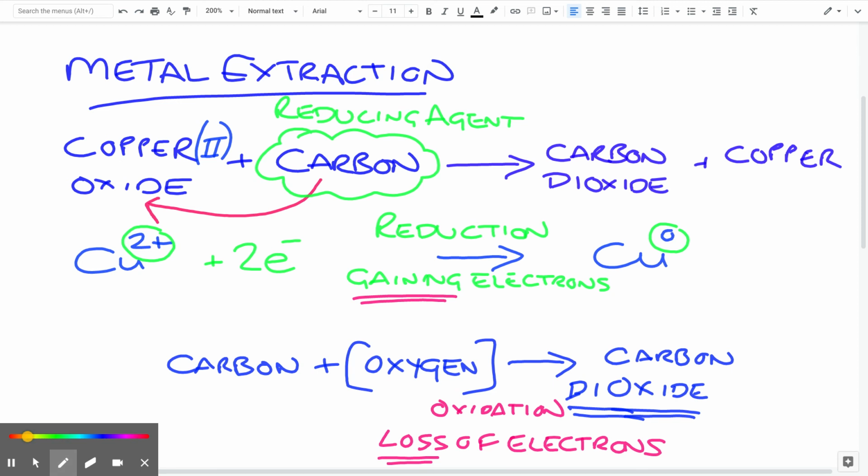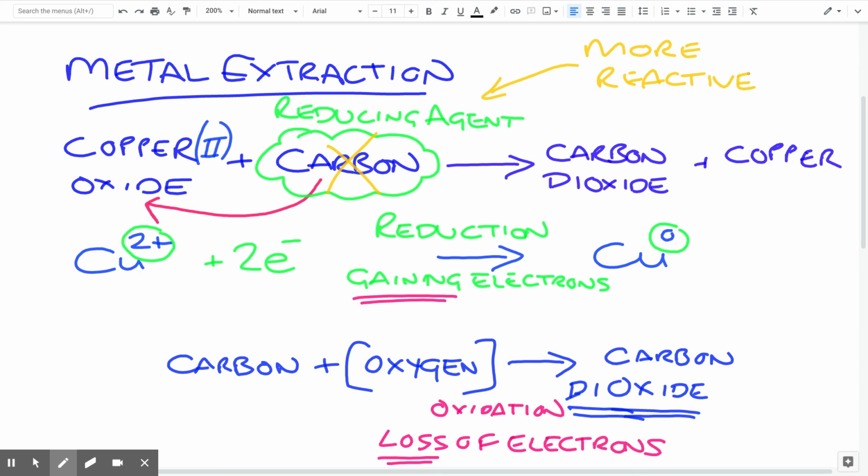But the primary driving force for this reaction is that the reducing agent, carbon in this example, has to be, and this is important, more reactive than the metal you are trying to extract. So in this example, it's copper. Carbon is more reactive than copper,